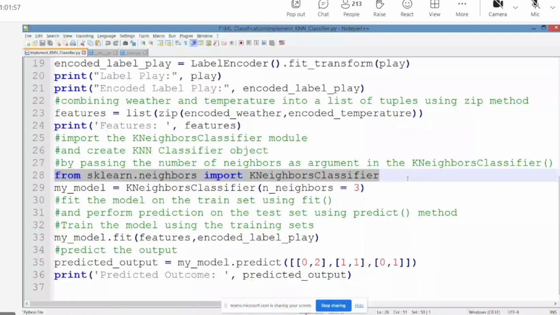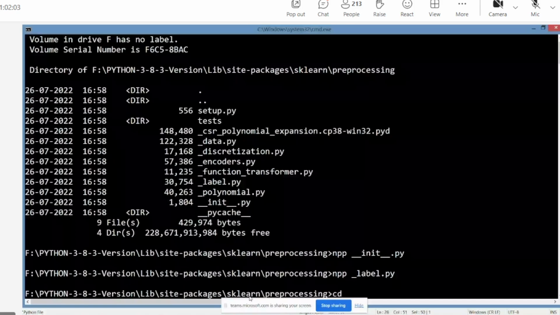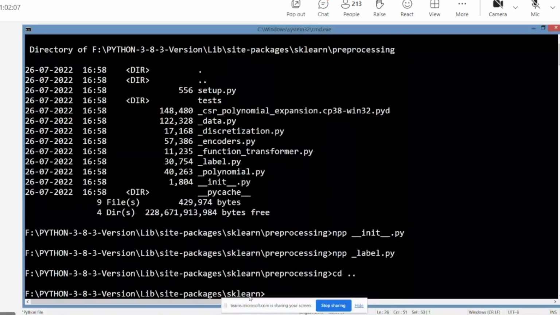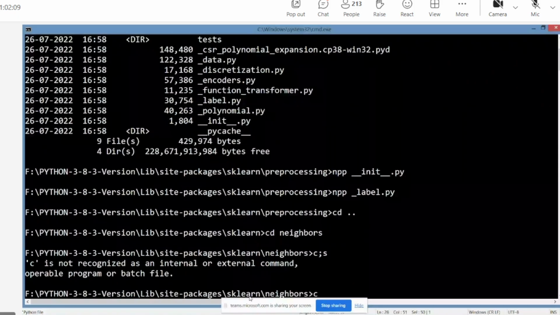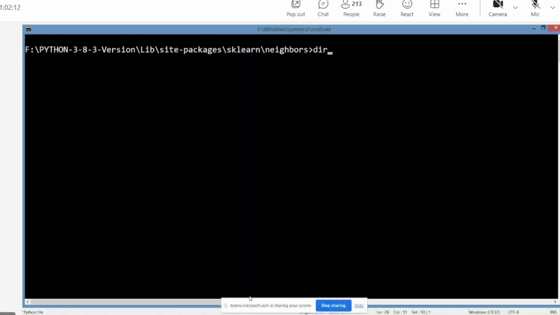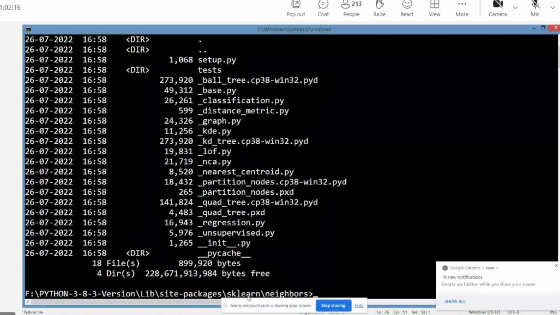Now again, what do we have to do? If you really want to know, you have to go to the site-packages. Inside sklearn there is neighbors. Yes, it is there. It comes with practice. What I have to do is simply go to the init file.